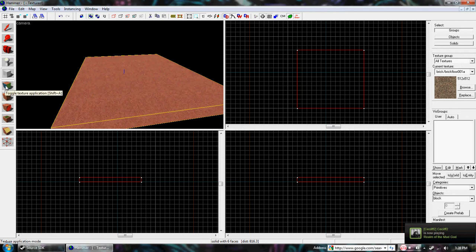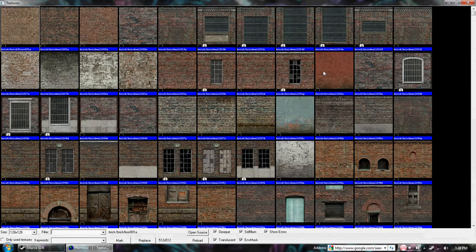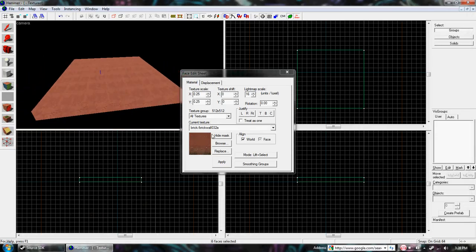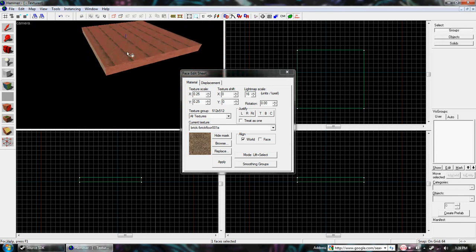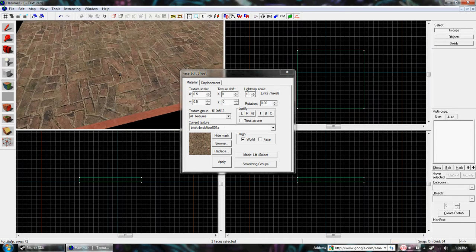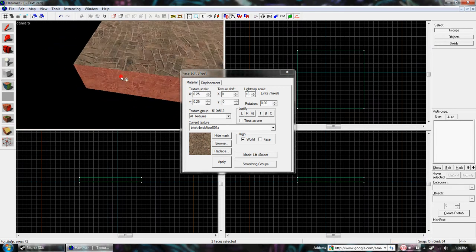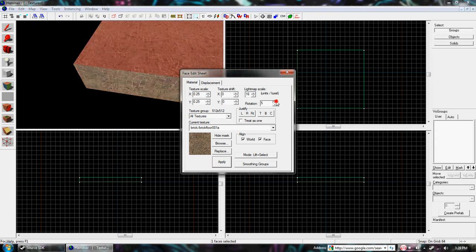And here you have the texture application. You can browse for a texture and then apply it by right clicking, or you can click a texture kind of like an eyedropper tool and then right click to apply it. It's a cool tool, and you can change the texture scale, like if you want it to be a little magnified there, now it's twice as big. You can rotate textures here,